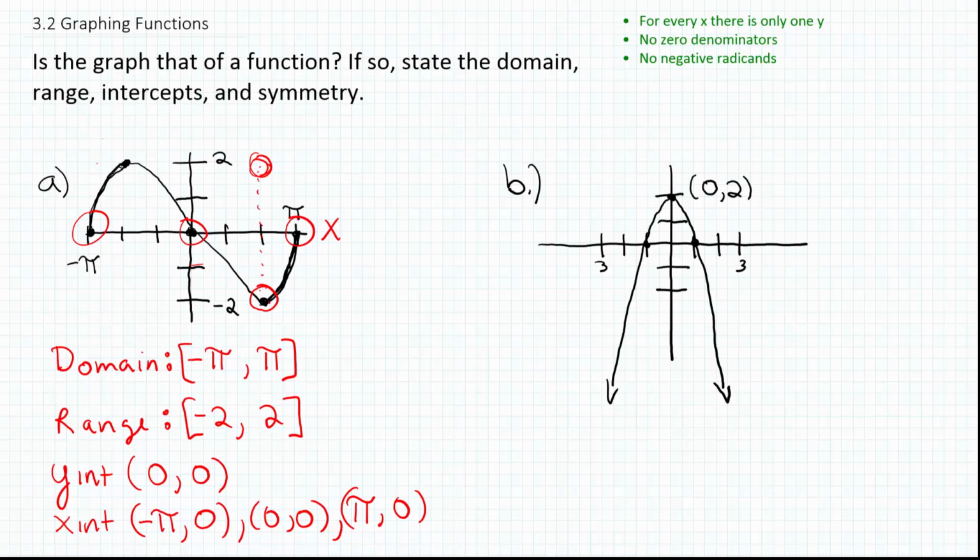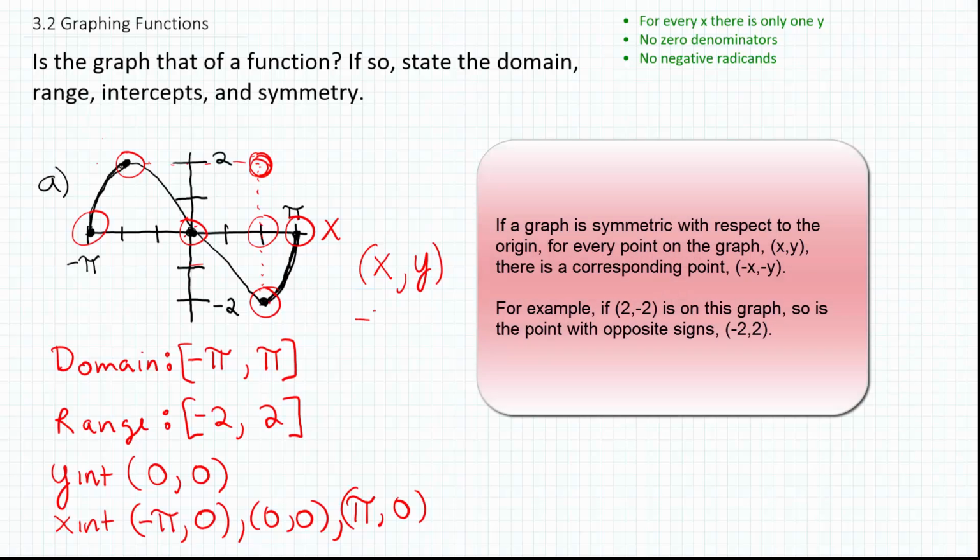Likewise, if I folded it across the y-axis, this point does not exist over here, so there's no y-axis symmetry either. All right, so the last symmetry to look for is origin symmetry, and it appears that it does have origin symmetry. For any point x, y on the graph, there's another point -x, -y on the graph that matches it. So we're going to say origin symmetry